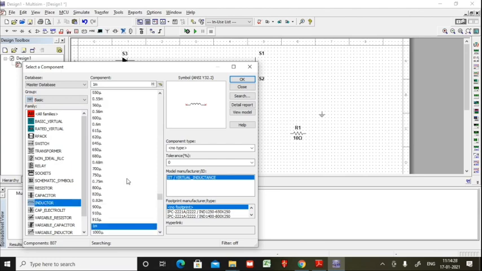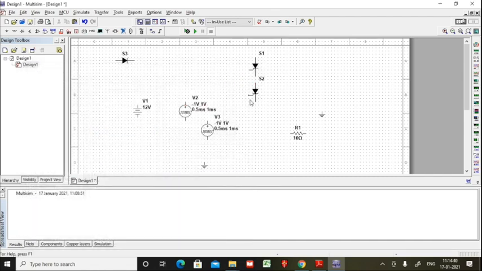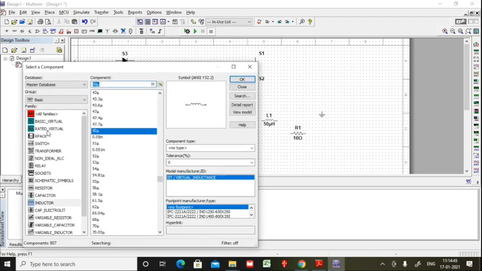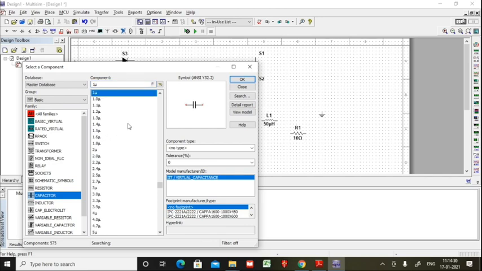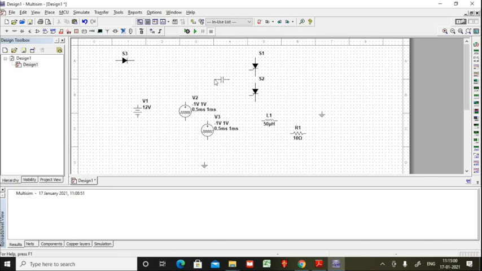We need a capacitor as well, so let us go to the capacitor section. We need 50 micro again, which is somewhere here. I have chosen 50 micro, and I'll place it here.